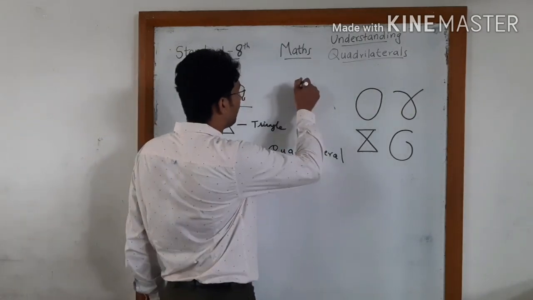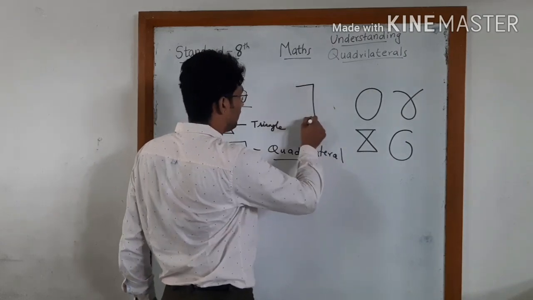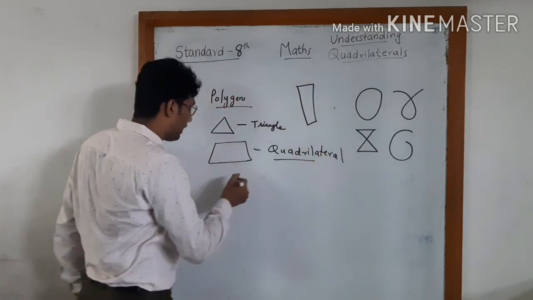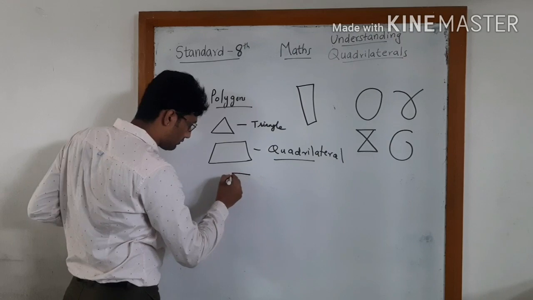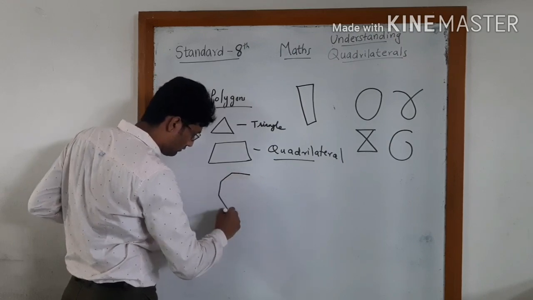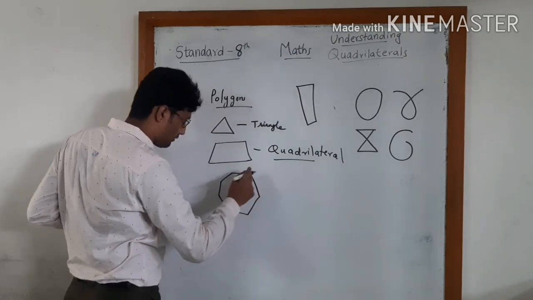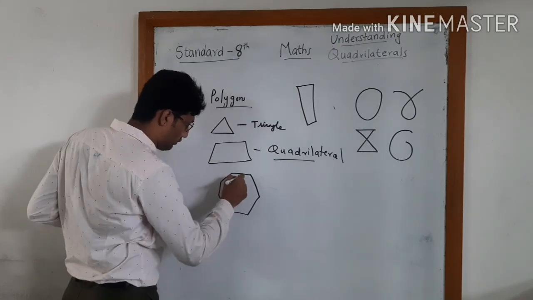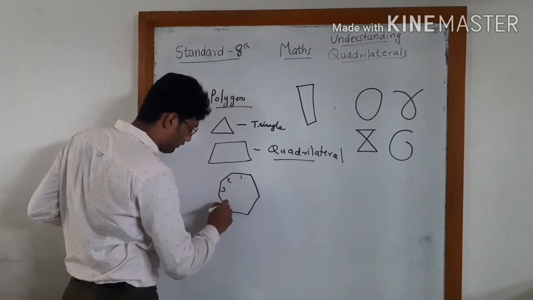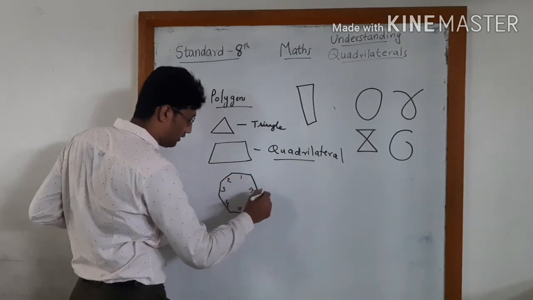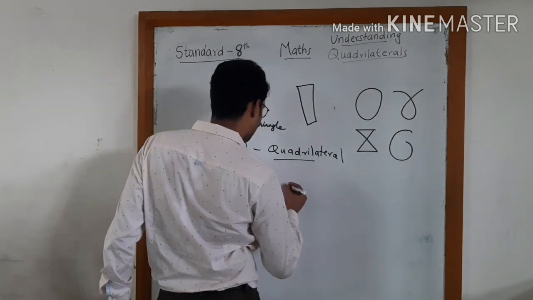So if we draw, this is a quadrilateral. One, two, three, 1, 2, 3, 4, 5, 6, 7. This is a